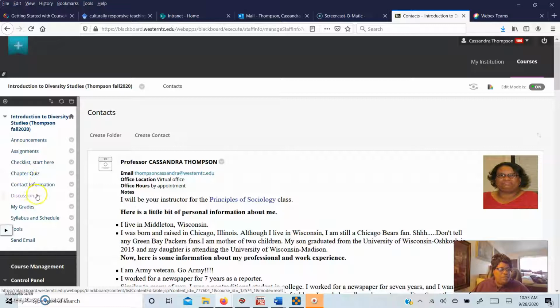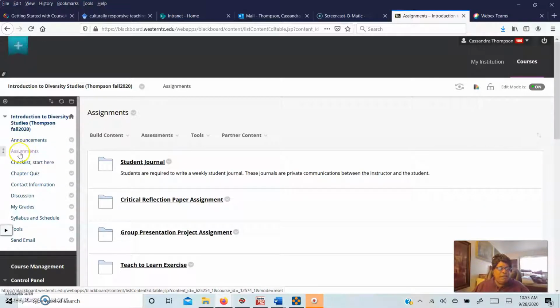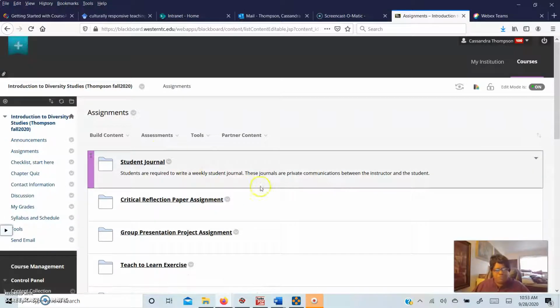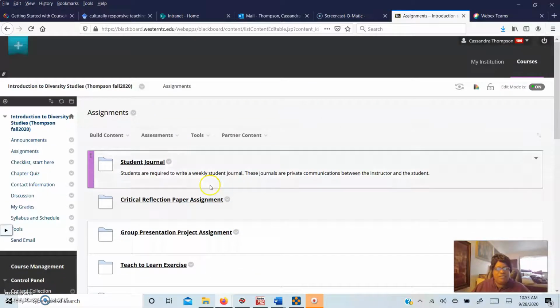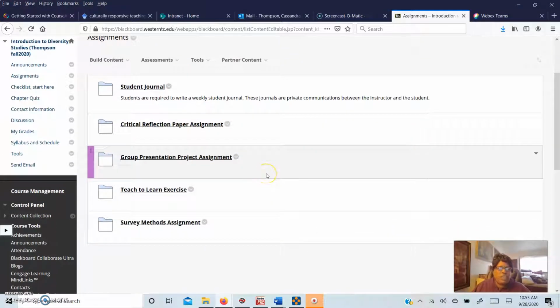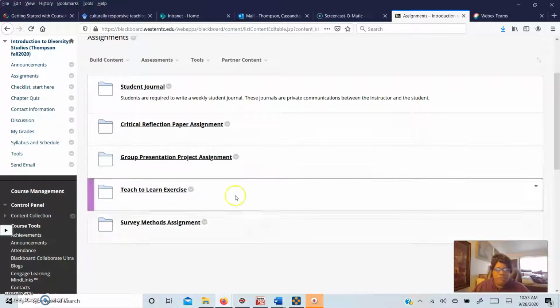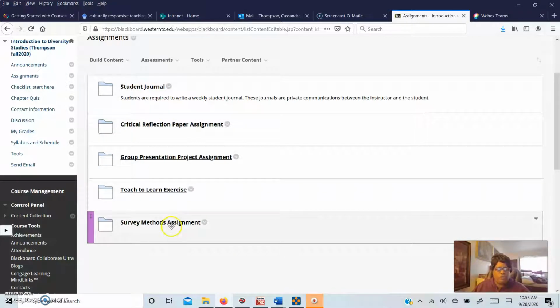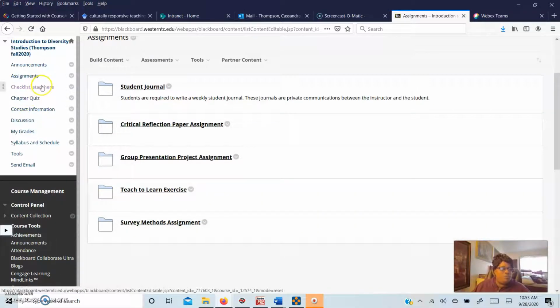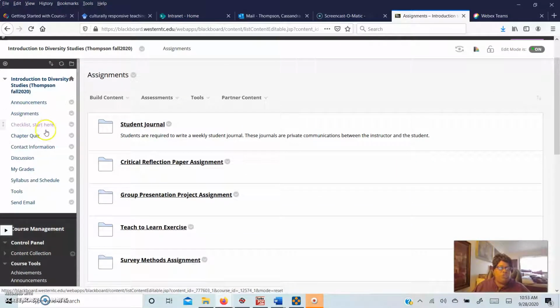Okay, so the next thing that I want to do is just to show you there is a link called assignments. And here you have folders, and it contains the instructions and the Dropbox for all of the assignments that you will have during the class. So this is one way for you to reach assignments. The other more convenient way is to use the checklist. So this button here, checklist start here,